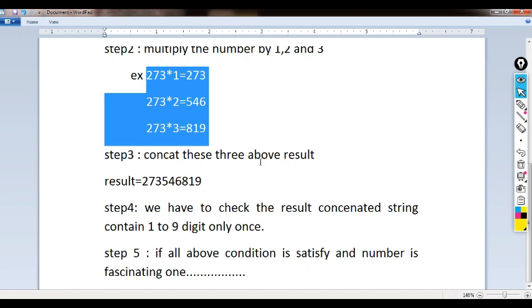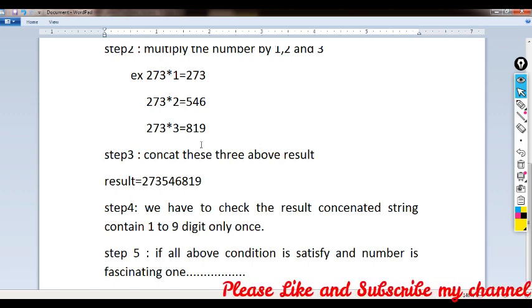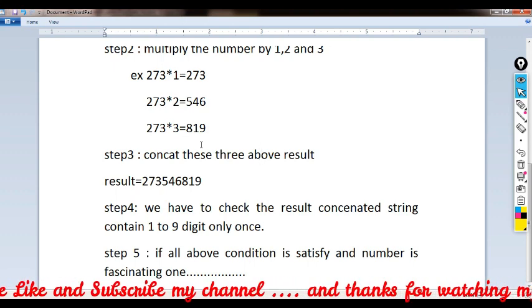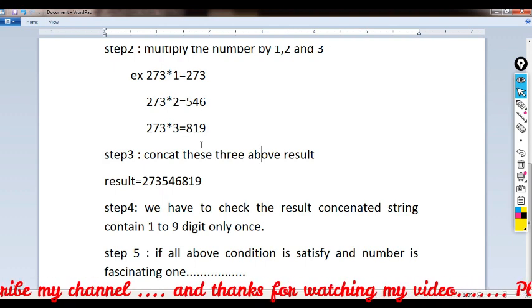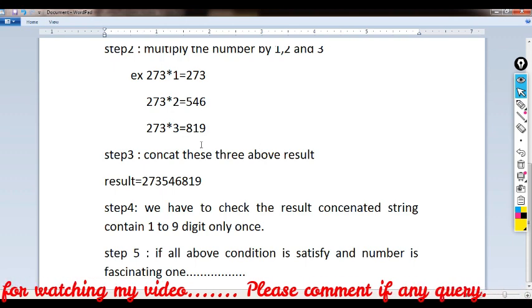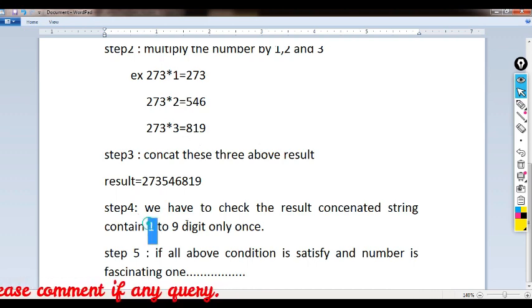After concatenation the result is a string, so we fetch each character from the string and check the occurrence of that particular digit throughout the string, and also check that the digits 1 to 9 occur only once. If these conditions are satisfied, then we can conclude that the given number is fascinating. And in this we cannot include 0.